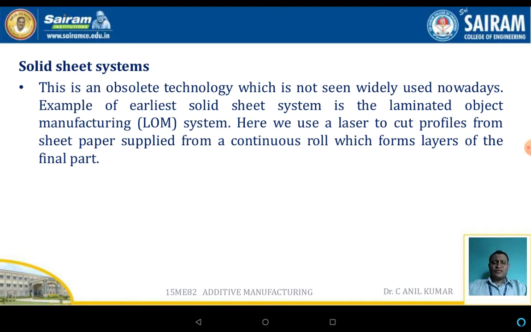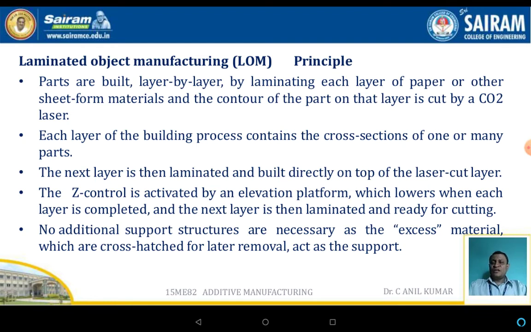Here, a laser is used as a cutting profile, and the raw material used for the layering up is paper. In laminated object manufacturing, the parts are built layer by layer by laminating each layer of paper or other sheet materials, and the contour of the part on the layer is cut by a CO2 laser.